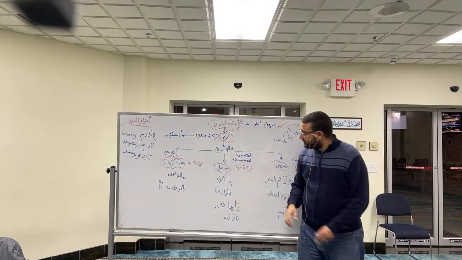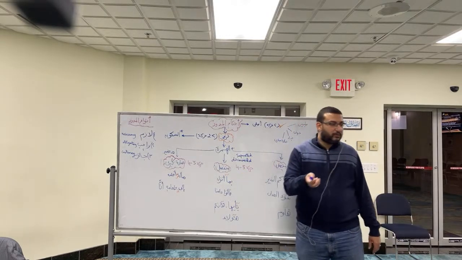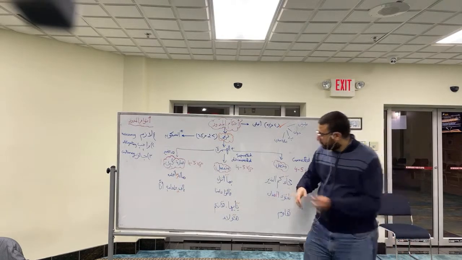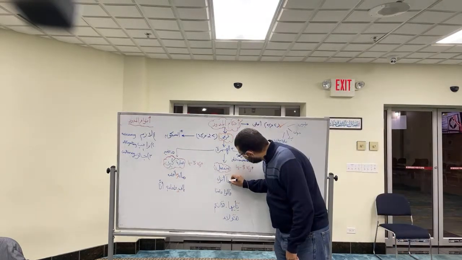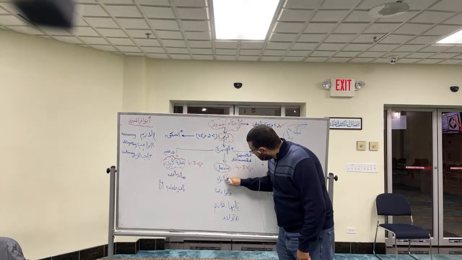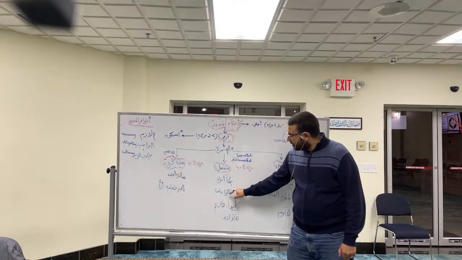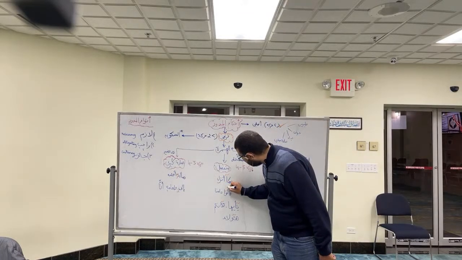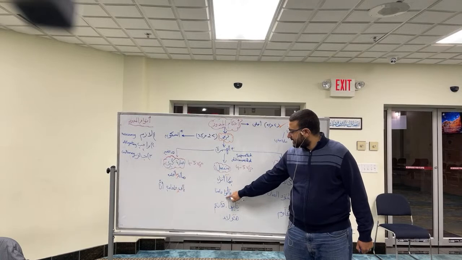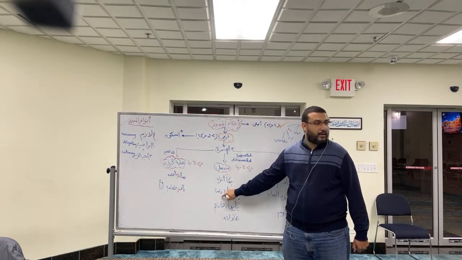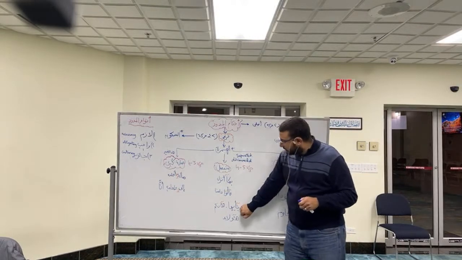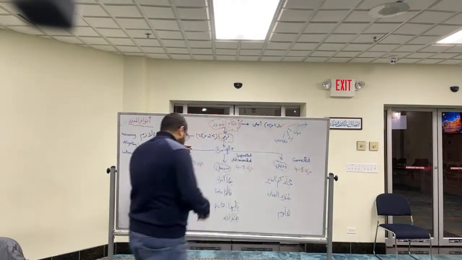Now an example of the mad munfasil: آمن الرسول بما أنزل إليه, from the last few ayahs of Surah Al-Baqarah. Bima, because you have ma, mim with a fatha, alif, mad, and then you have a hamza. قالوا آمنا. So you have a harf with a dhamma, followed by a waw, so that's a mad, and then a hamza is coming after, but it's in a new word. Now we'll get to ha al-tanbih. This is the one that I wanted to talk to you about.